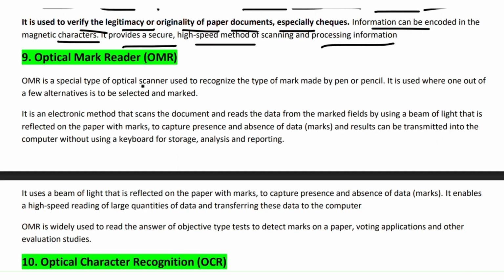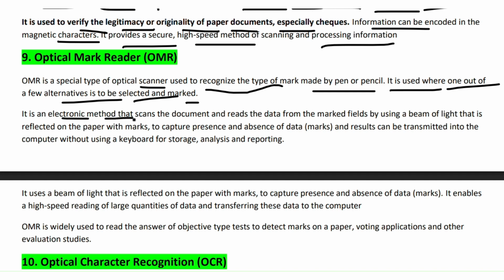Optical mark reader, OMR होता है जो OMR is a special type of optical scanner used to recognize the type of mark made by pen or pencil. It is used where one out of a few alternatives is to be selected and marked. ठीक है, it is an electronic method that scans the document and reads the data from the marked field by using a beam of light that is reflected on the paper with marks to capture presence and absence of data. ठीक है, and results can be transmitted into the computer without using a keyboard for storage,